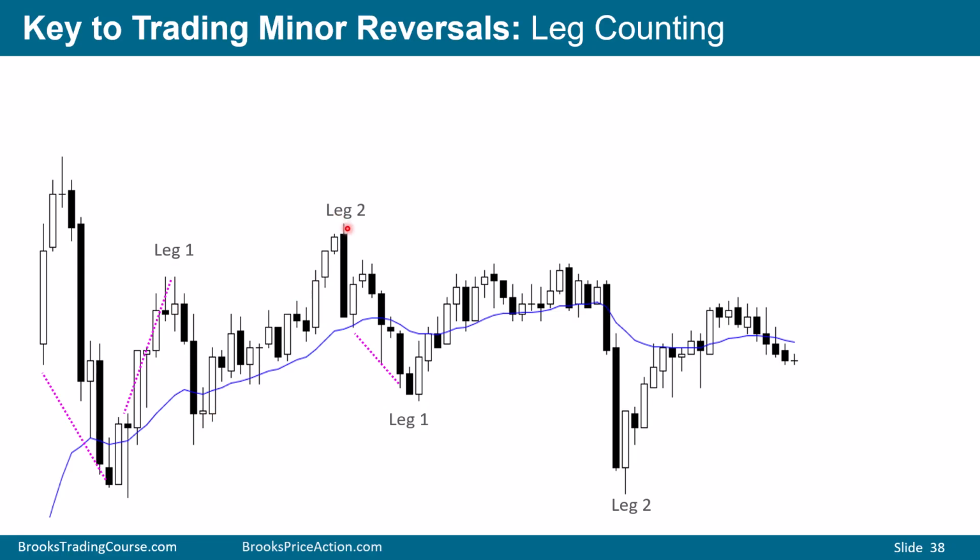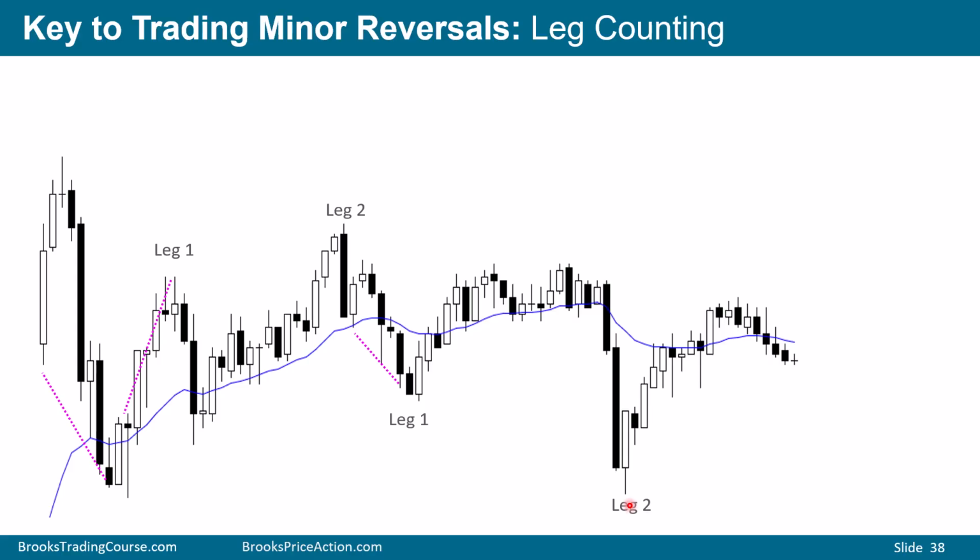This rally up to this high creates 2 legs. Leg 1, pause, leg 2. We had a bear breakout, strong enough for a second leg. It got a second leg and then it got another leg down. But this sell-off is also a strong enough sell-off for it to just be a leg 1. It was a strong enough breakout that it formed a second leg down, leg 2. The whole point is there are many ways to draw the legs.